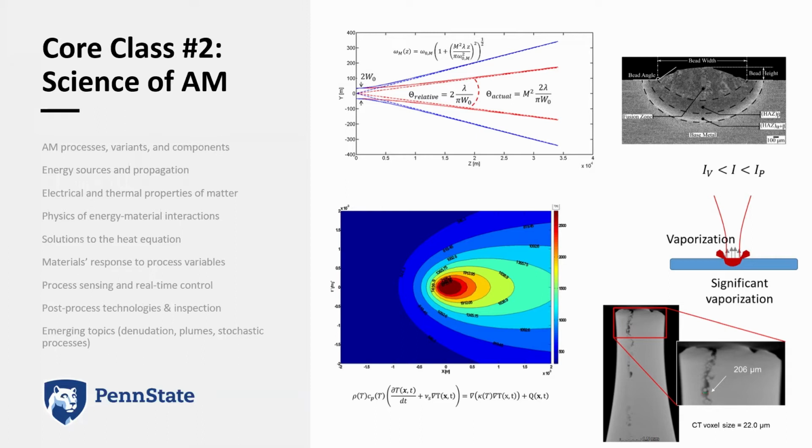And so this is taught by Ted Reutzel and Abdallah Nasser. They're colleagues of mine in the Applied Research Lab. I work closely with them through Sim3D, but they're also affiliated with our Engineering, Science, and Mechanics department. Here they go really into the physics and science of what's going on when the laser hits the powder and